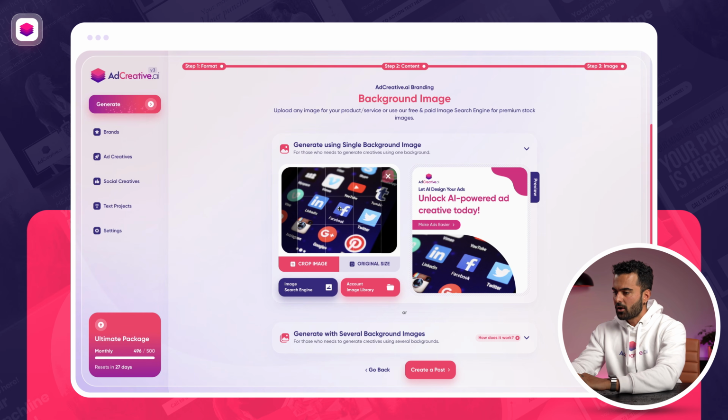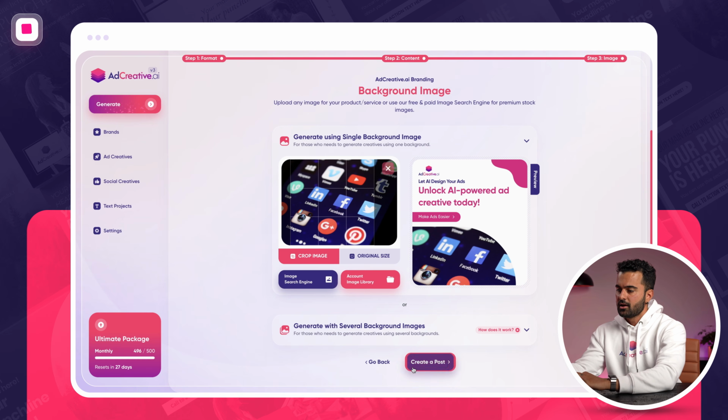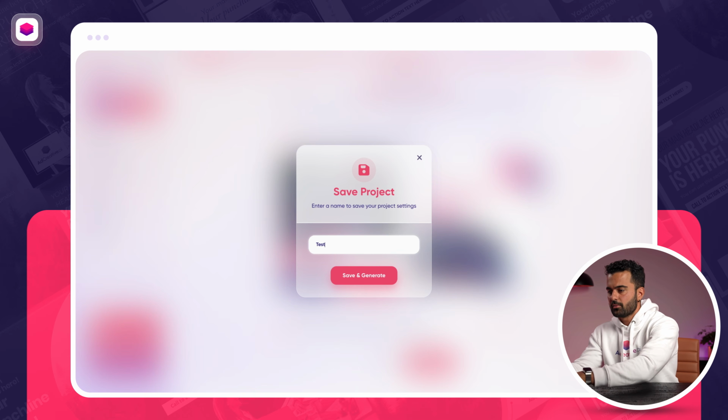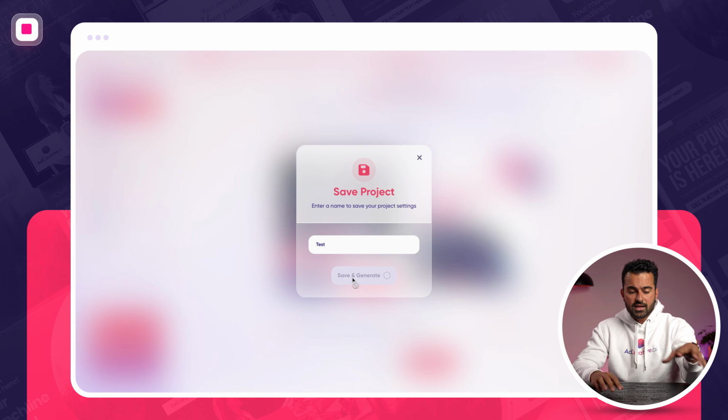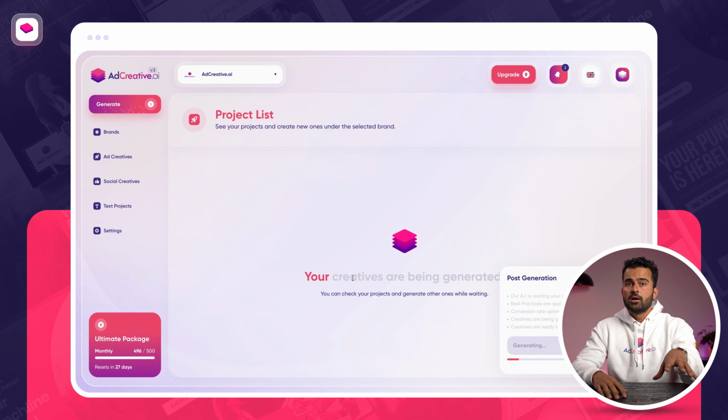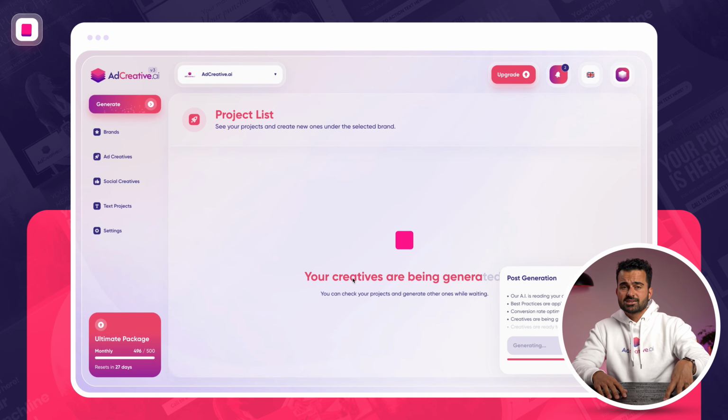I'm going to select that one, which is a lot of social media platforms there. I'm going to select in this way, and I'm pretty much ready to go. So I'm going to name my project and click on save and generate. So basically, AdCreative.ai knows about my brand description, my ad accounts are already connected, and project description and target audience